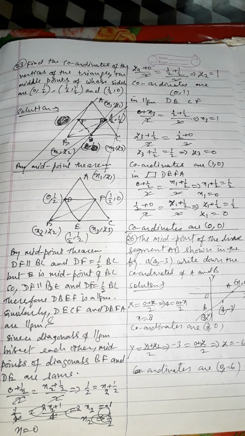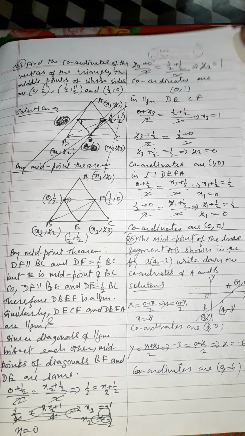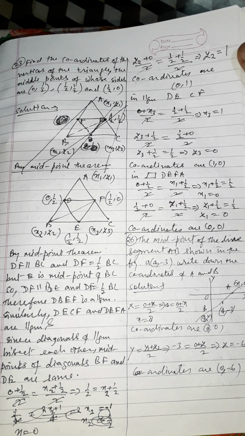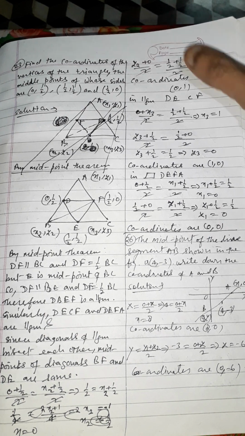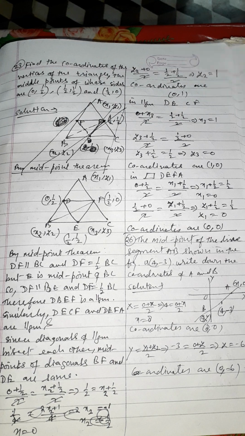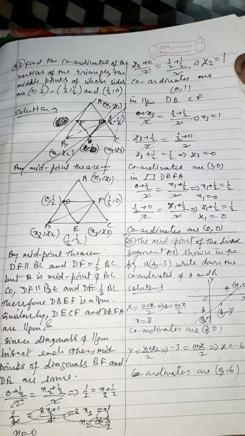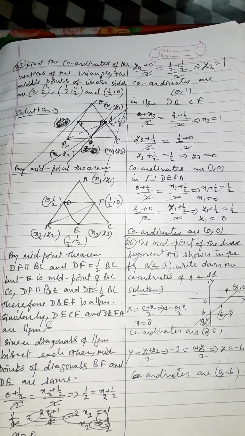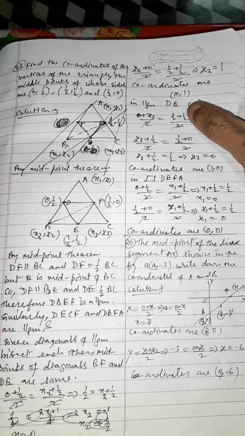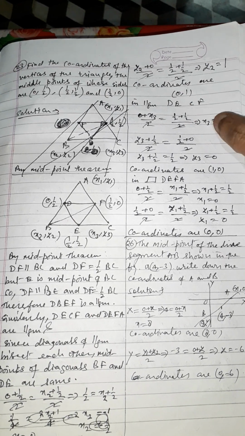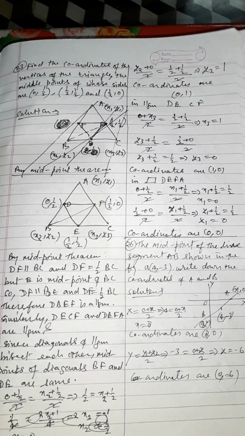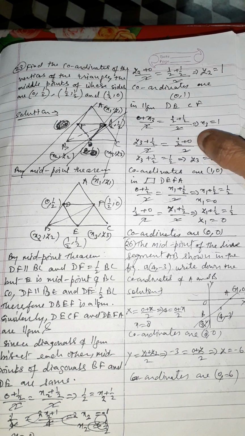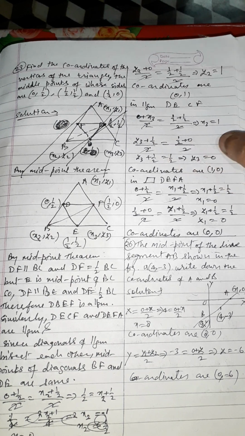X is equal to 0. Then y2 plus 0 upon 2 is equal to 1 upon 2, 1 upon 2 upon 2, these two are cancelled, and y2 is equal to 1. Then coordinates are 0 and 1. In parallelogram DCEF, 0 plus x3 upon 2 is equal to half plus half upon 2, the 2 is cancelled, then x3 is equal to half and half is 1. y3 plus half upon 2 is equal to half plus 0 upon 2, these two are cancelled, then y3 is